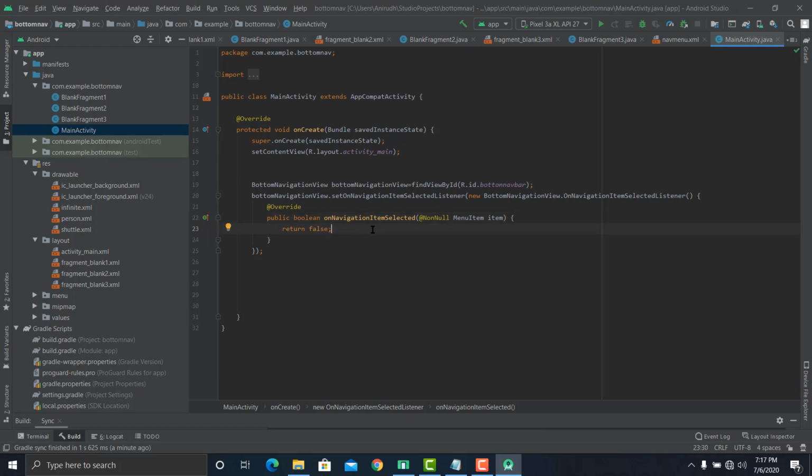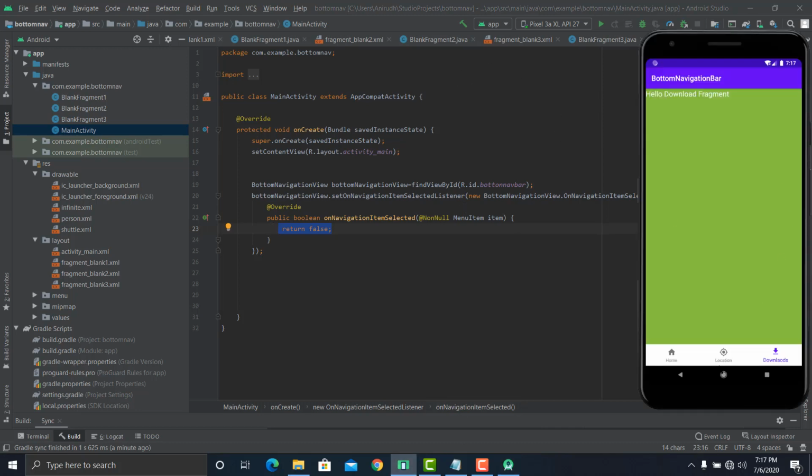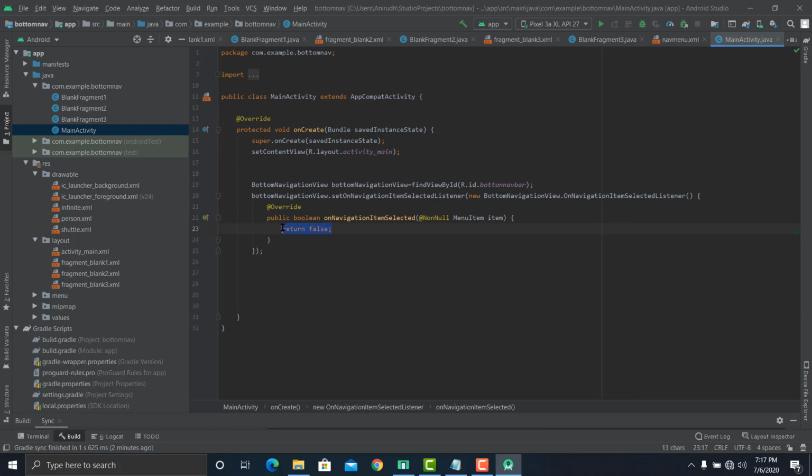As you can see, this function is going to return a boolean value. Why does it return a boolean value? The boolean value is returned so that Android knows that whatever you had to do has been successfully done, and it can show that the item has been switched successfully. If you look at this, whenever you click on location, you can tell the item is selected by this blue overlay on it. Android does that when you return true here.